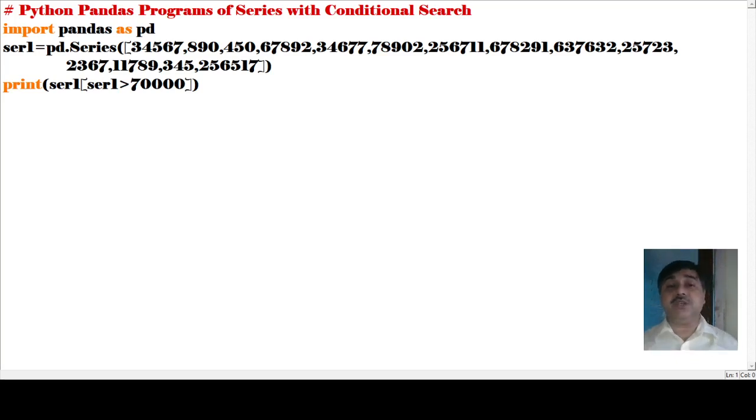Based on this condition, what we have done here is import pandas as pd. That means we have called the pandas library here. In this library, we have taken one series, series 1, with pd.Series, and there we have given the different patterns of values. As we have given those different values, now we have done the comparison. Along with the comparison, we have also given the print statement.